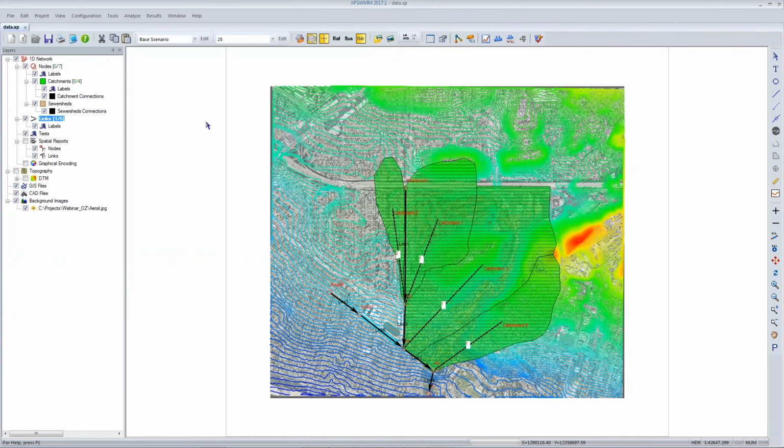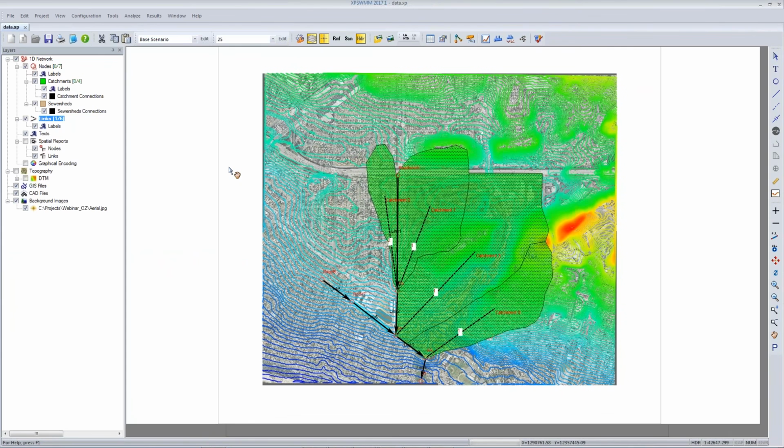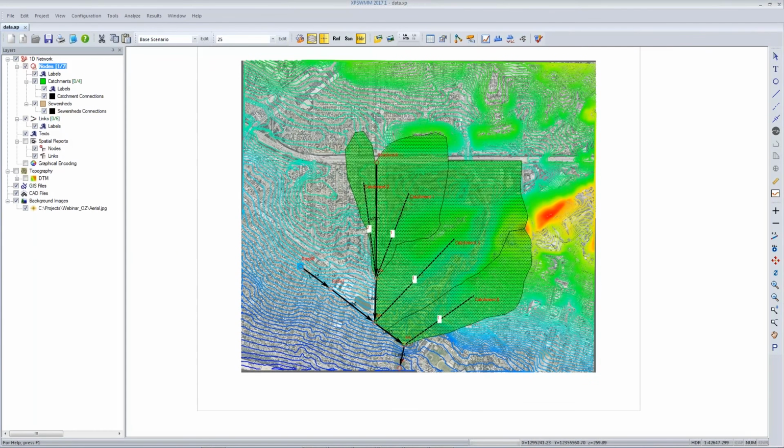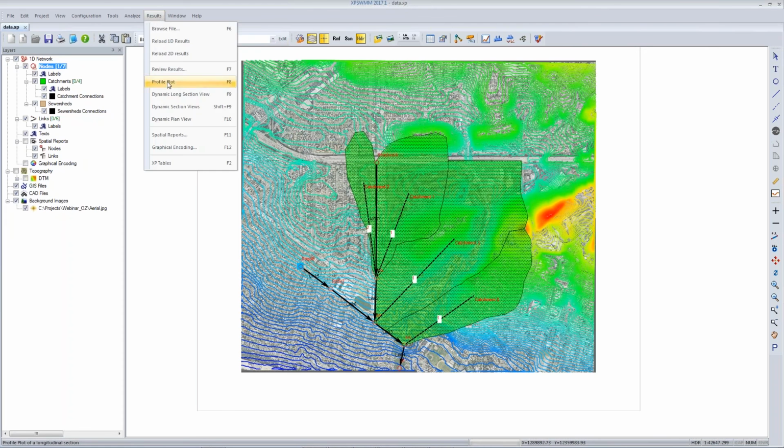But I wanted to talk about another great advancement in 2017.1 that's probably pretty keen for the Asia Pacific region, so our Australian users and areas around, and that is a change to the profile plot. So remembering that I have a DTM, you can see the contours here, we now can show the digital terrain surface along with the profile plots of our hydraulic networks. So if I go to Results Profile Plot,